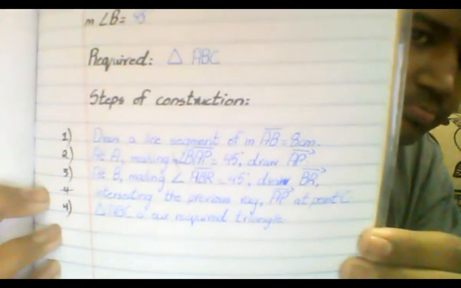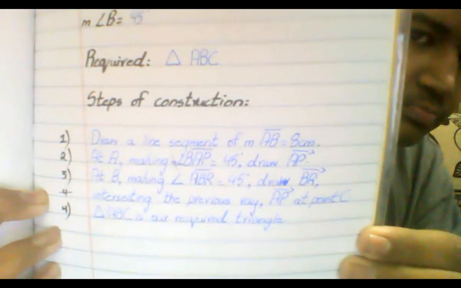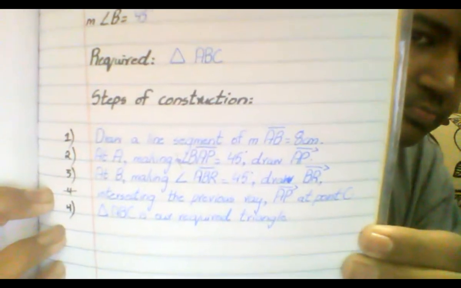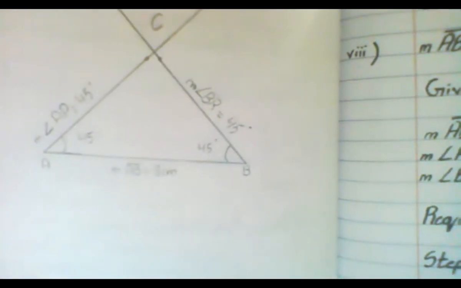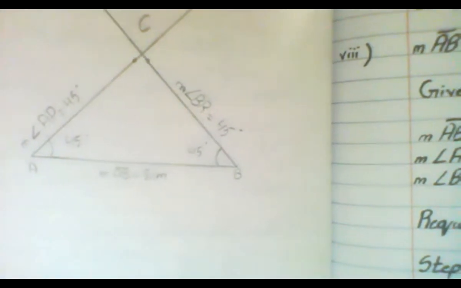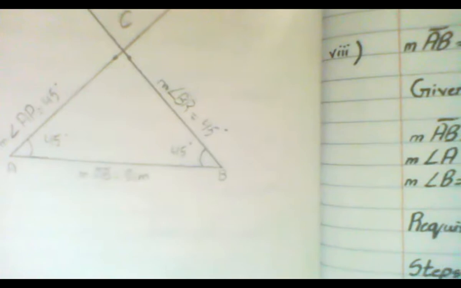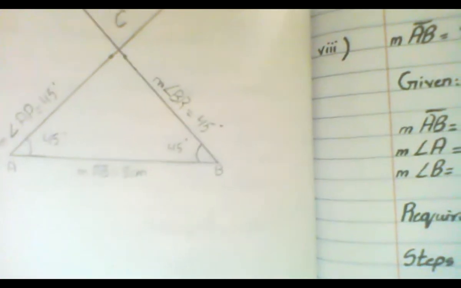Can't see it properly. It's not visible. Okay, AB, and you have taken BAP. AP, P and R. Just show me the construction. You have taken, okay, you have taken one thing that you have mentioned, angle AP is equal to 45. But don't write this over here on the outer side of your triangle. One more thing, please show me your steps of construction again. Yes, don't write it like this. Show me your steps of construction again.